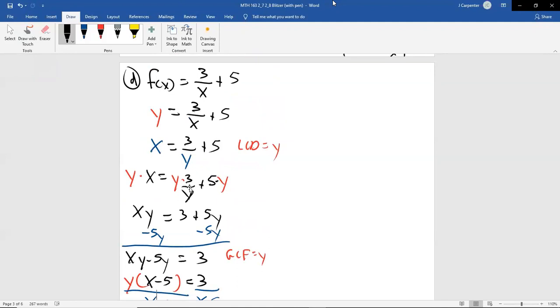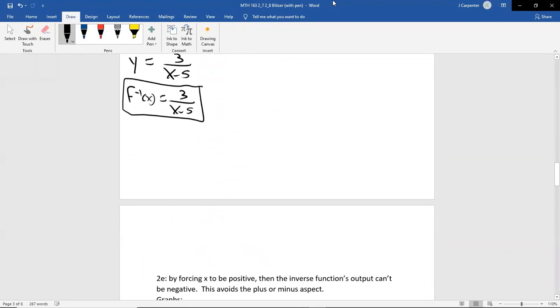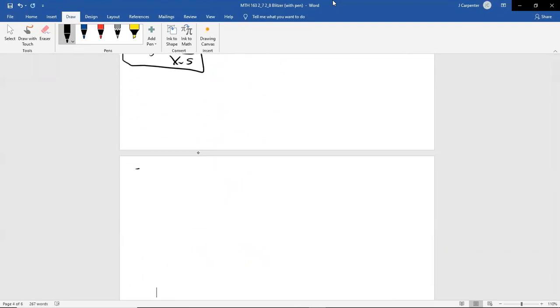So I would say, in terms of the algebra you're responsible for, D is the most complicated. But all things considered, the one we're about to do, E, is, in my opinion, the most complicated. And I don't really want to put it there. I want to just go ahead to the next page for reasons. Let's go with f of x equals x squared plus 11 for x is greater than or equal to 0.